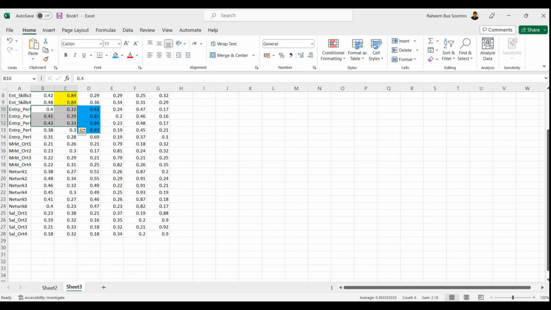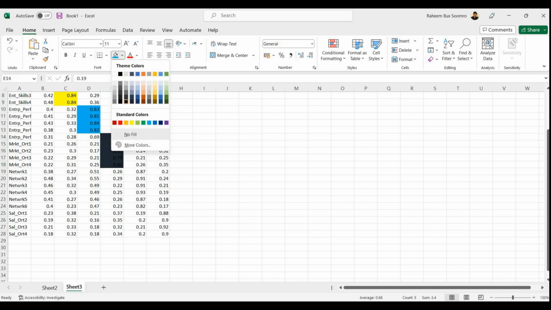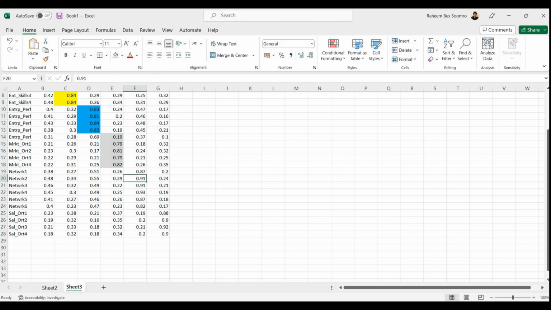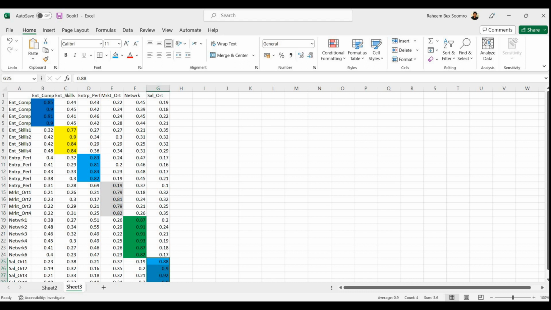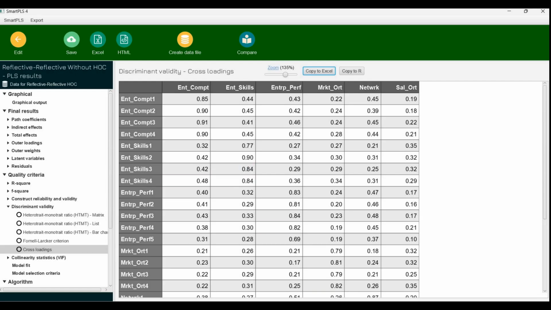In the same way, if we go here, market orientation. In the market orientation, again you are finding the same case. And then another one is network. Network has also the same case over here. And last is sales orientation. Sales orientation has also the same. So that means all the values are above the other loadings across, in the same construct horizontally. So from this point of view, we can say that all our loadings,